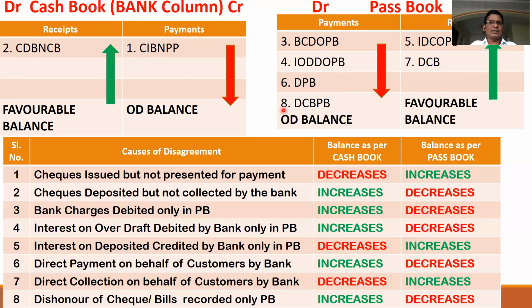If you understand how the cash book is recorded and how the passbook is recorded, no doubt you can easily understand why the cash book decreases: because it is the payment side, the credit side, so the cash book decreases. Why does the cash book increase? This is the receipt side, the debit side. Why does the passbook decrease? Debit side, because it is the payment side. Why does the passbook credit side increase? Because it is the receipt side, it increases. So this is about that.